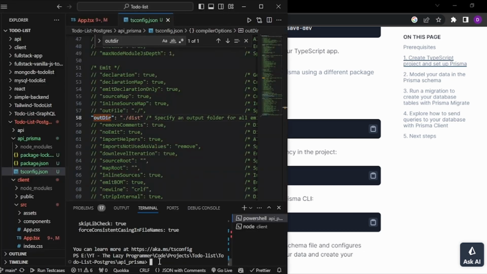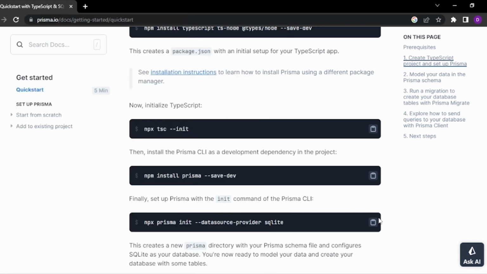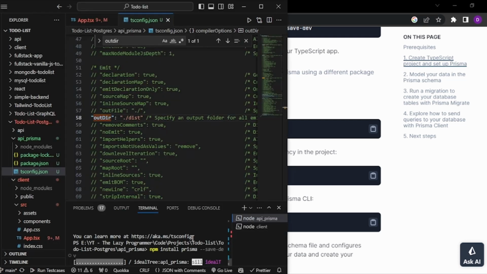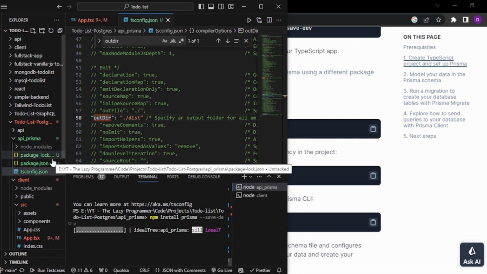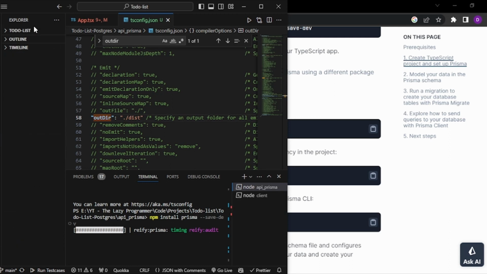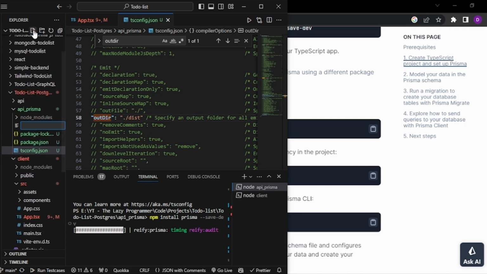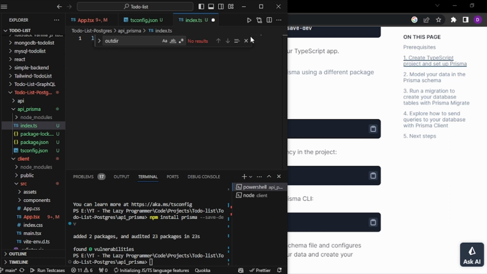Go back to VS Code and paste npm install prisma --save-dev, and let's also copy this command, but we will use Postgres instead of SQLite. It may take some time to install Prisma because it is a heavier library, and meanwhile inside API Prisma we can write an index.ts file. Let's create one index.ts file, and to get started, let me simply console log,